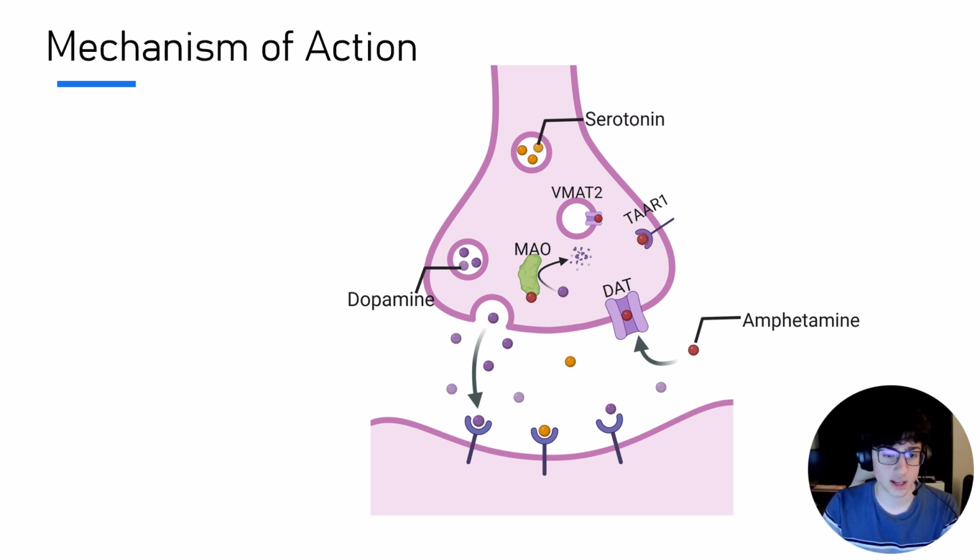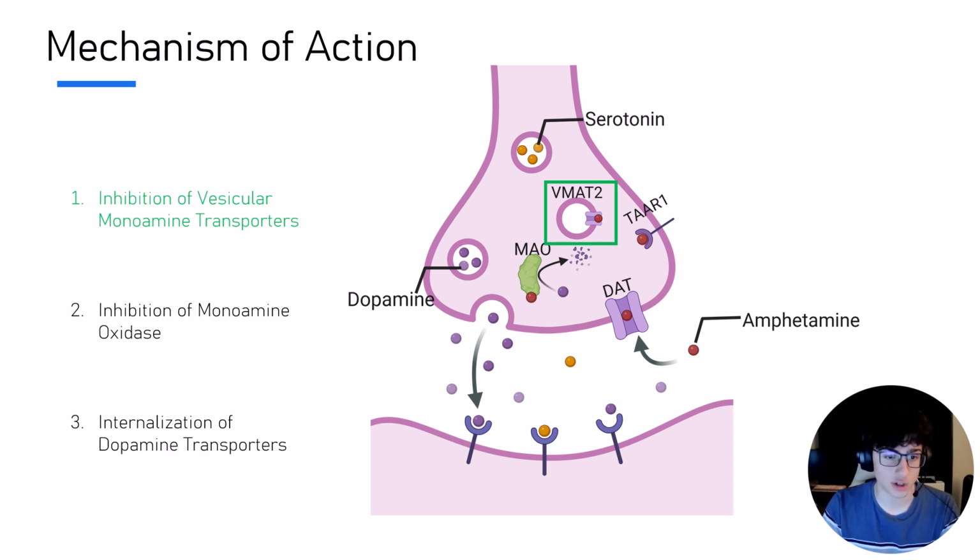First, we may see inhibition of vesicular bodies that are specific toward monoamine neurotransmitters like dopamine or serotonin. And these vesicular bodies are known as VMATs, which you can see in the figure as well. This inhibition causes increased dopamine in the cytosol, allowing for more dopamine to be released into the cleft for action